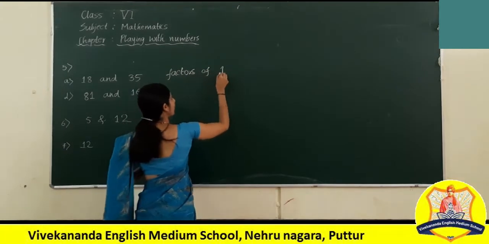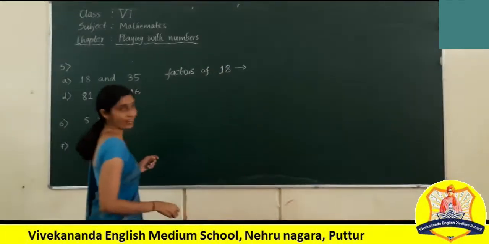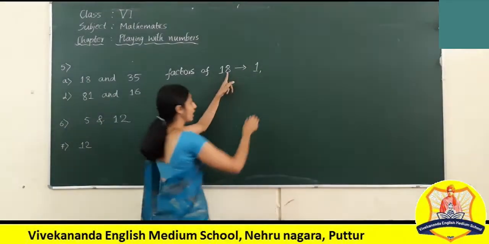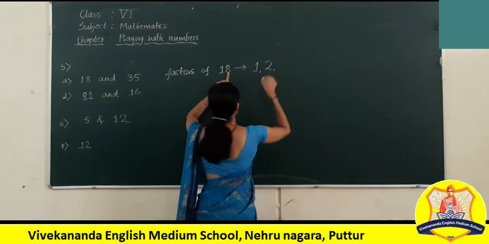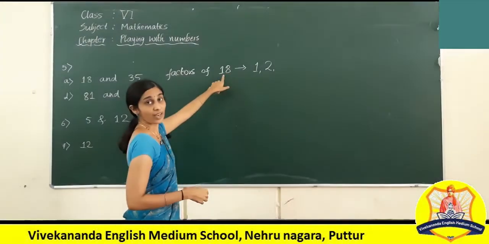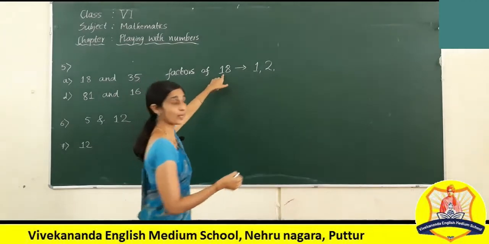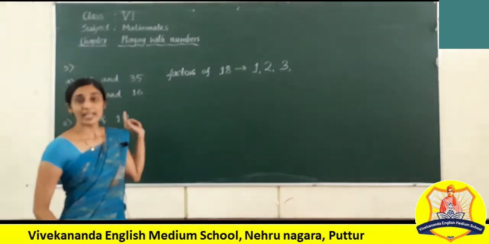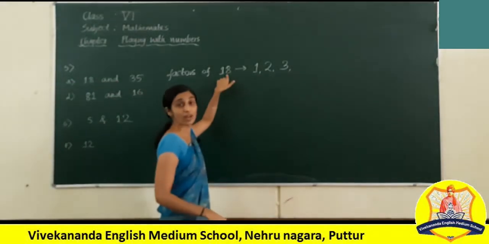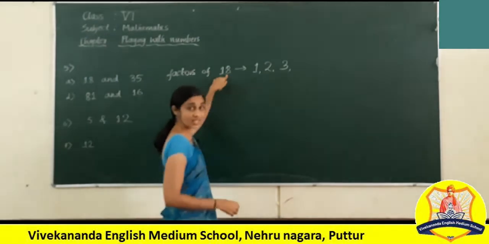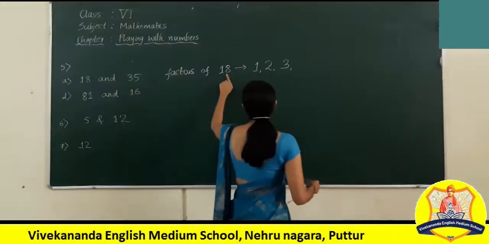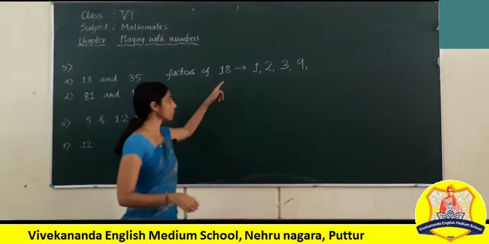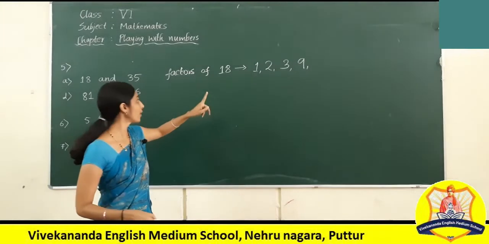Factors of 18. Which are the factors of 18, children? Yes, 1, and ending with 8, an even number, so 2. 8 plus 1, how much? 9. 9 is divisible by 3. Hence 3 is also one of the factors. Okay, 4? No, cannot. 4 times 2 is 8... 8 2s are 16. So it cannot, right? 9? Yes, 9 2s are 18. So 9. Next, which is the number? Directly 18.